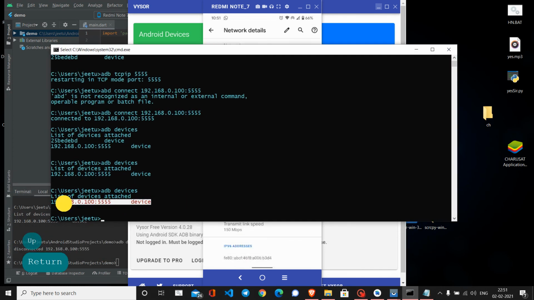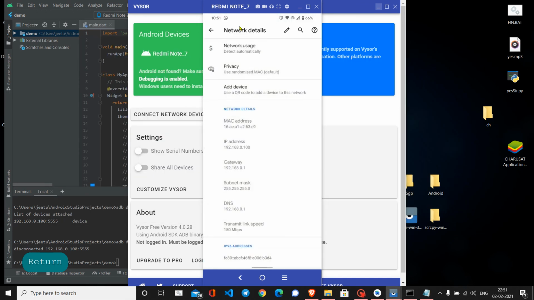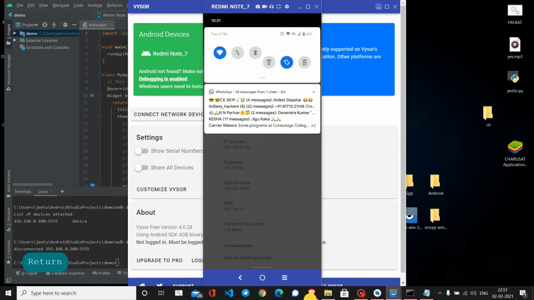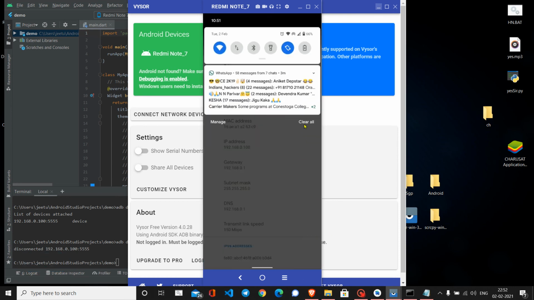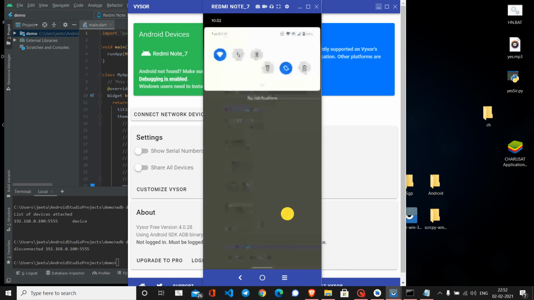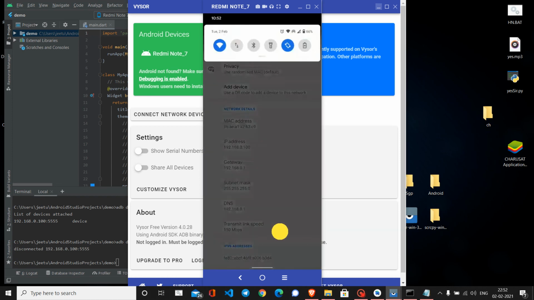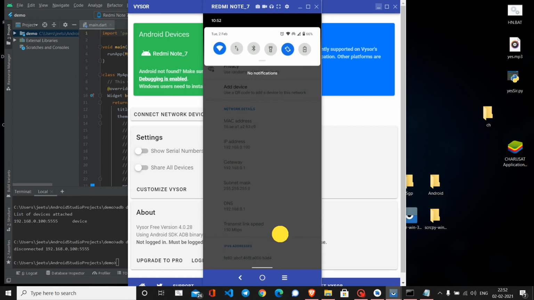I am only connected with my network device for now. And to ensure you more, there is no information coming for USB debugging, which ensures that I am right now not connected with my data cable.